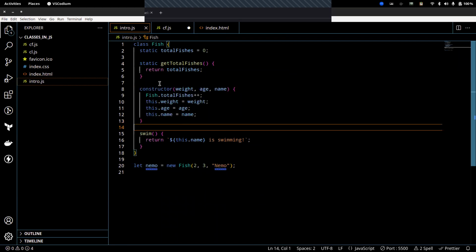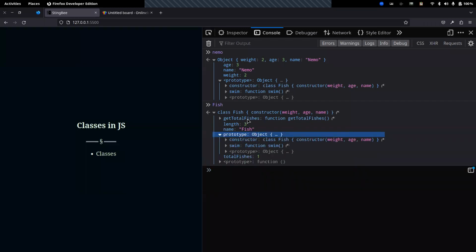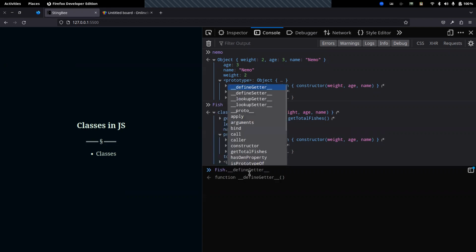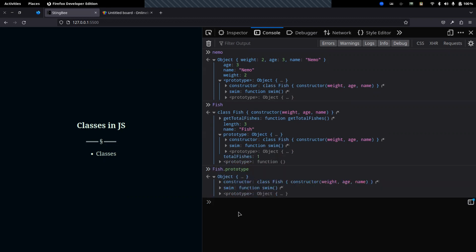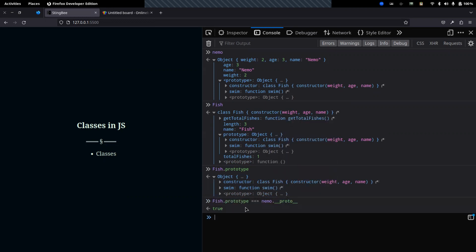The object that is created from this constructor function has a prototype of Fish.prototype. Now if we go here, see, inside this class as well we have a prototype value. So it will be the same. If you say Fish dot prototype, and if you check Fish.prototype triple equal to Nemo.__proto__, it will say true,